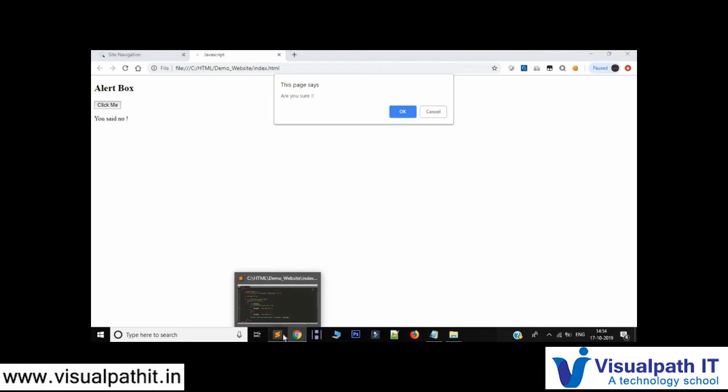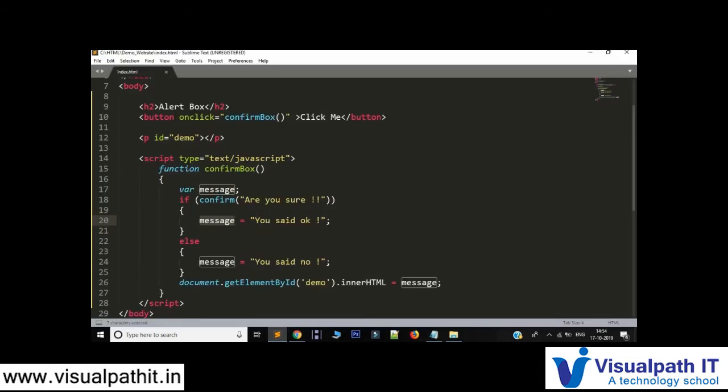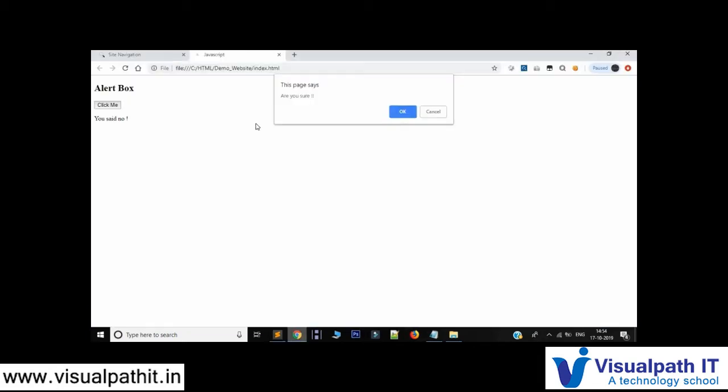If I would have written it out, let's take it like this: I have created a variable, confirm, equal to window.confirm and this, and the true or false I will get from there. If confirm is equal to true, then I will say message is equal to you said okay, else the message will be you said no. So when I clicked on cancel, I got you said no, and when I clicked on OK, I got you said okay.